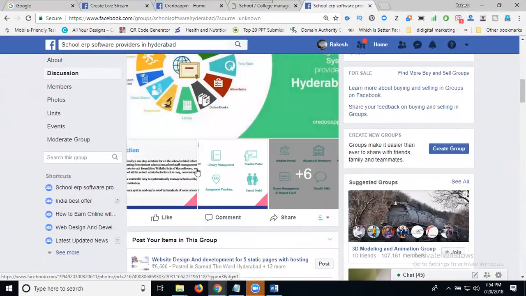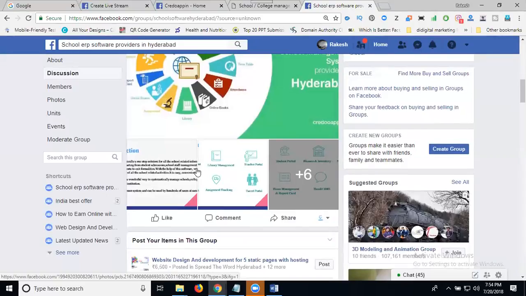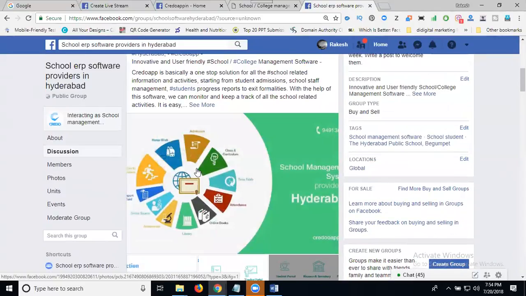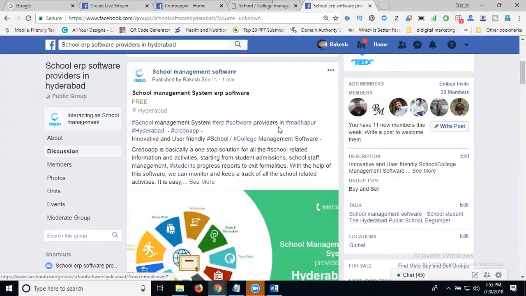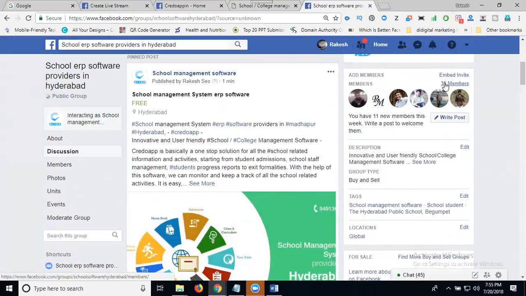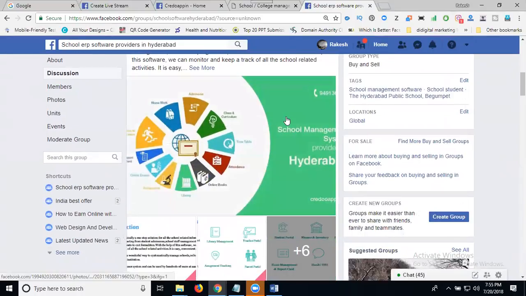After this, apply the product on your Facebook group. It is always shown with first preference. That is called a simple option here. Pin post. It is always shown in the top header. Click for post. This post reaches how many people? 30 members.